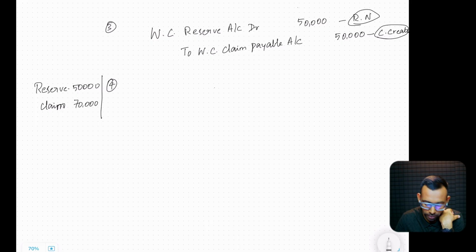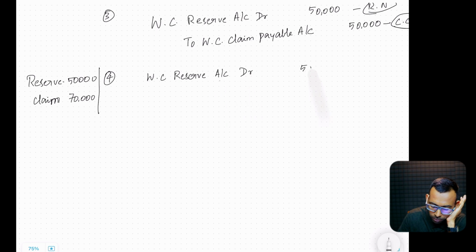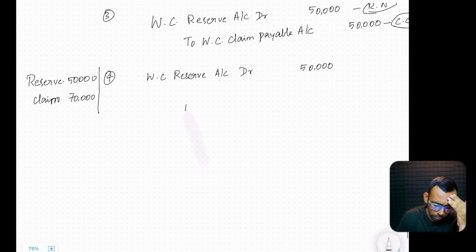It doesn't matter anyway. We still have to eliminate the reserve first. So for that we write workman compensation reserve account debit. That will be the standard first step in any journal entry. Whatever reserve you find in the balance sheet, write that on the debit side. Next, you have to give a claim, workman compensation claim payable. You are creating a claim payable account, or creating a liability,